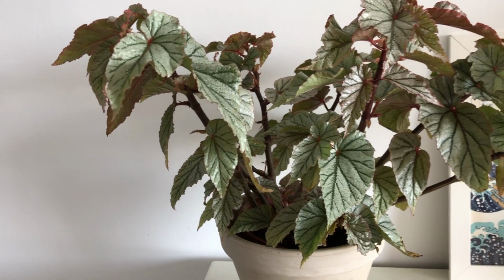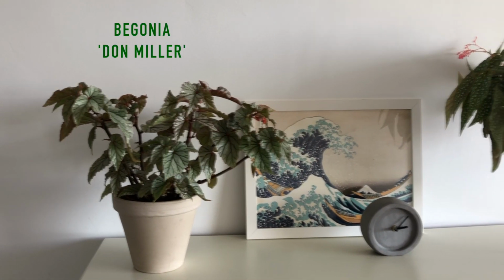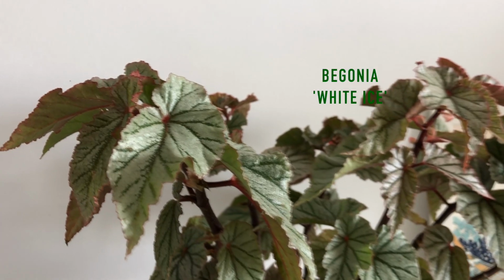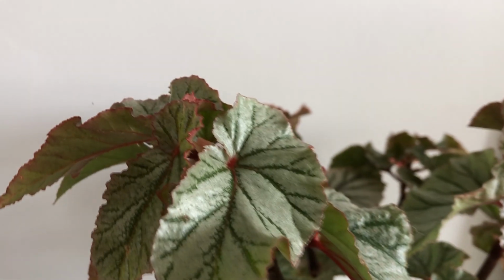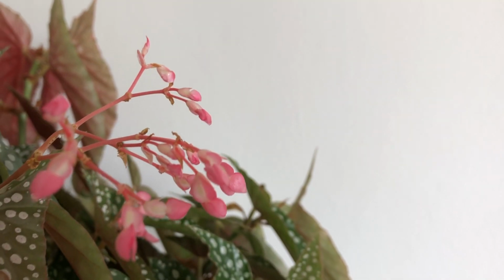So on the other side there are two begonias. The first one is again the Begonia Don Miller. And the other one the Begonia White Eyes. So a little close up on the Don Miller and the White Eyes, which is blooming both male flowers